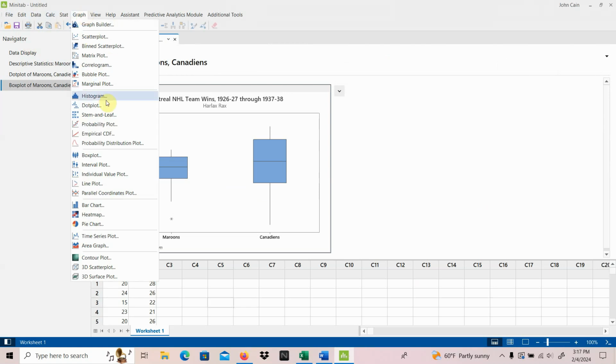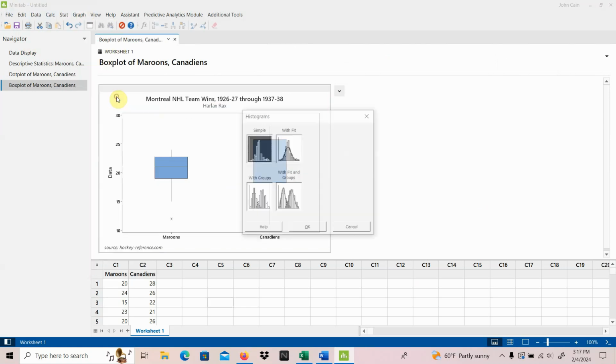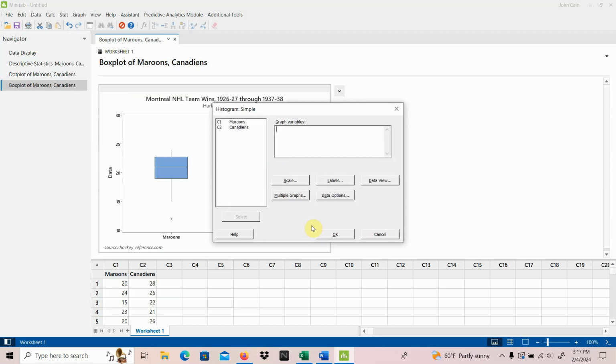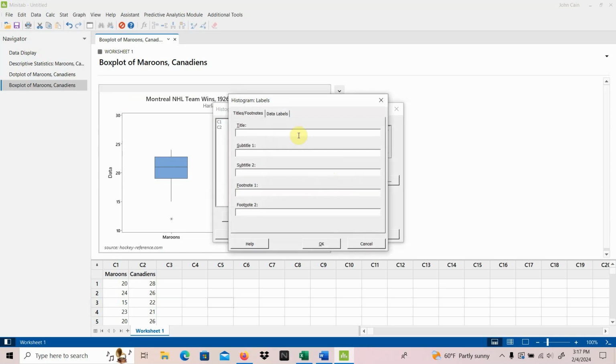So let's see, graph, histogram, right next to where dot plot was. And then it's one at a time with this. So you wouldn't do both variables simultaneously or both groups simultaneously. And then just say okay with the symbol. That's the one that you want. I'll just do the Maroons one, I guess, since that's the first one that shows up. And then maybe labels, I guess distribution of Montreal Maroons wins per season in 1926-27